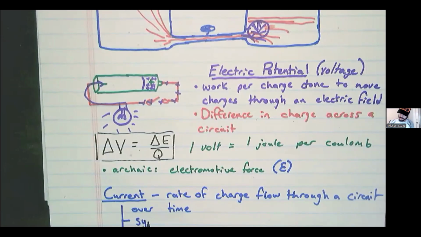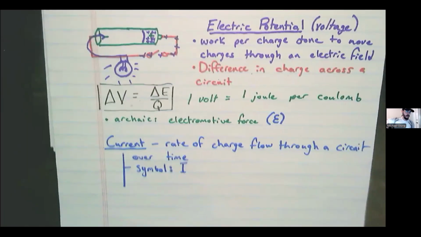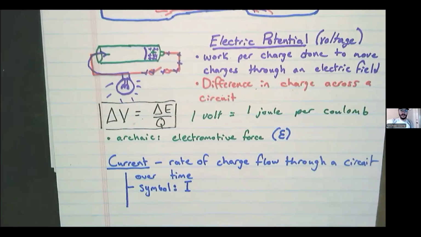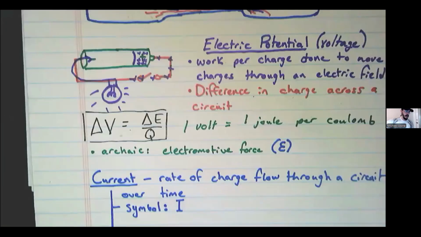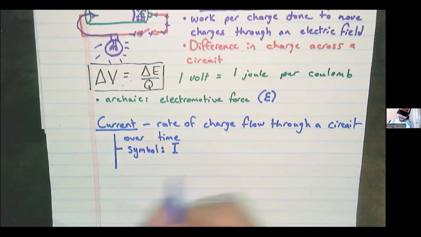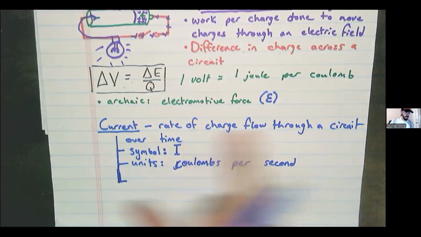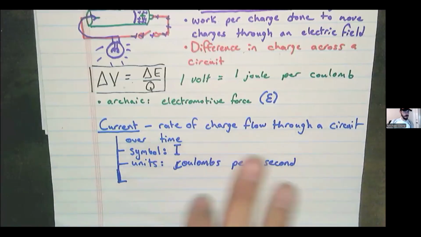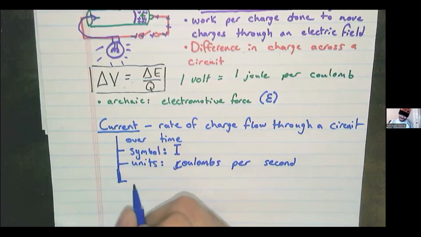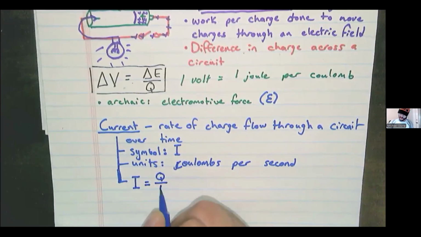Current gets the symbol I. I know what you're thinking. Shouldn't it be C? But C is for coulomb, C for charge, C for speed of light. Eventually, we got to use other letters. So we end up using I for intensity of flow. The units for charge, read the definition really literally. A rate, it's a fraction, over time. So I equals Q over T.